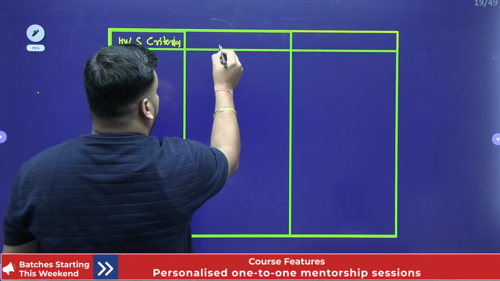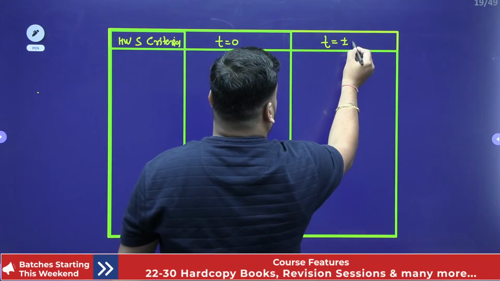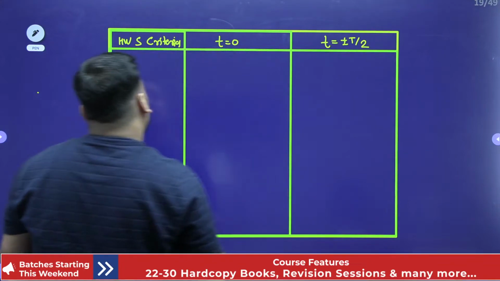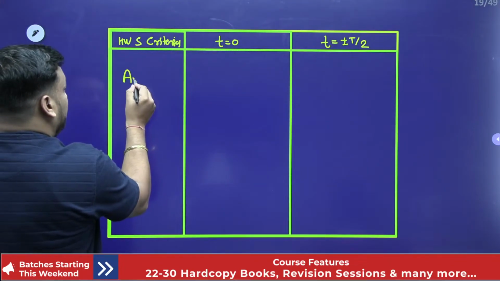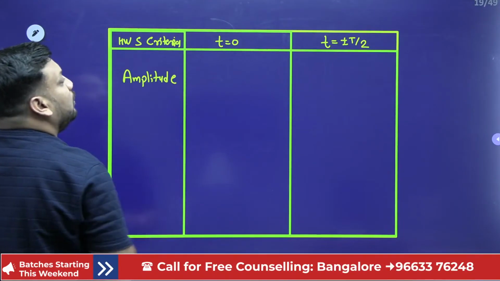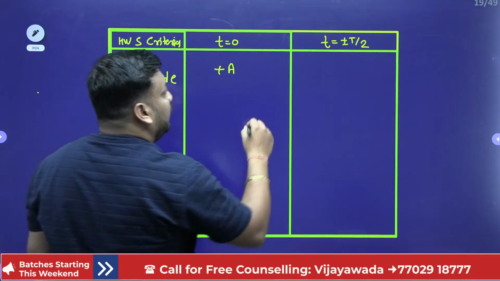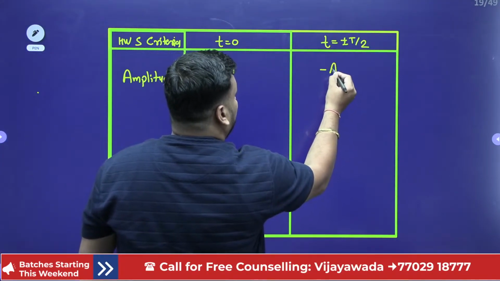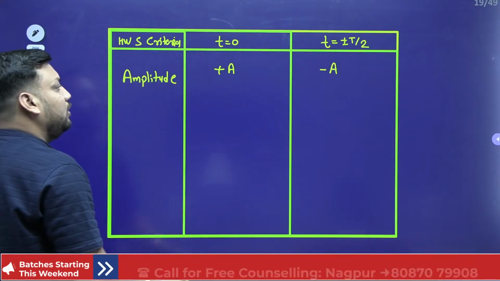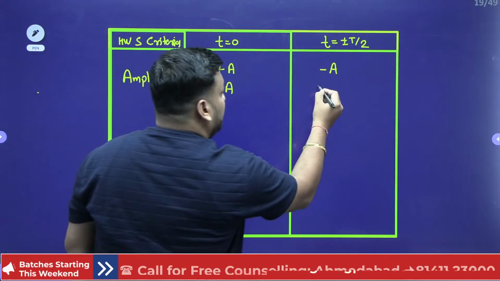Here we should write T equal to 0 amplitude, and here I am writing at T equal to plus minus T by 2. So, students, if we have an amplitude criteria, then what will it be? At T equal to 0, if the signal has the amplitude plus A, then at T equal to plus minus T by 2, the signal should have the amplitude minus A. At T equal to 0, if the signal has the amplitude minus A, then here it should be plus